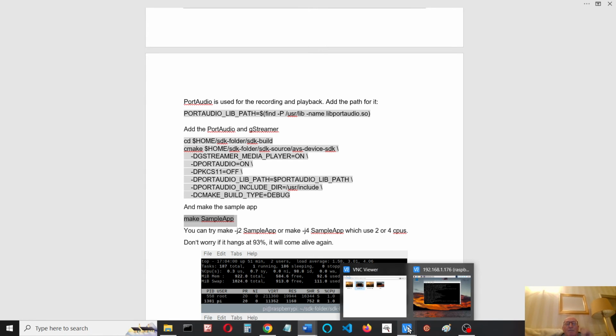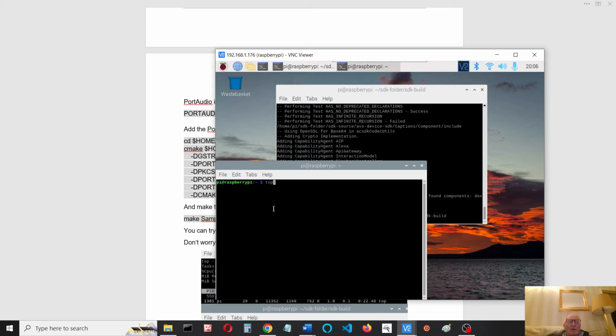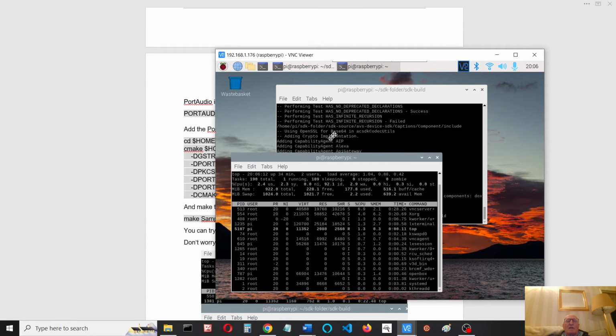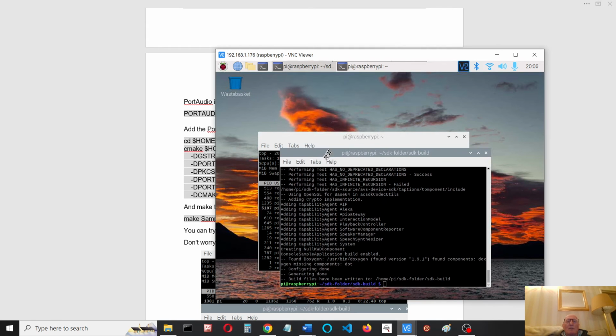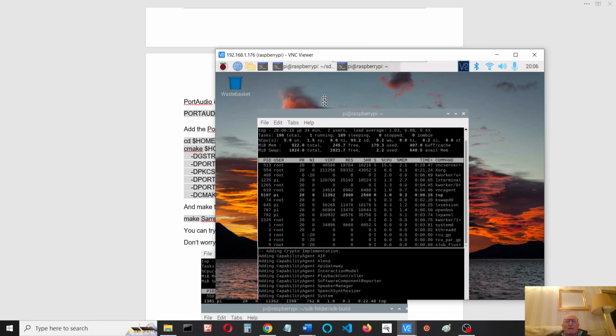Now this took me 40 minutes on my Raspberry Pi before, and that was just with a single processor. So I'm going to risk it and run it with this dual processor. You might want to just run top while you're doing this, and it'll give you some idea of the processes that are going on and whether it's hung or not. So we'll just set these up,